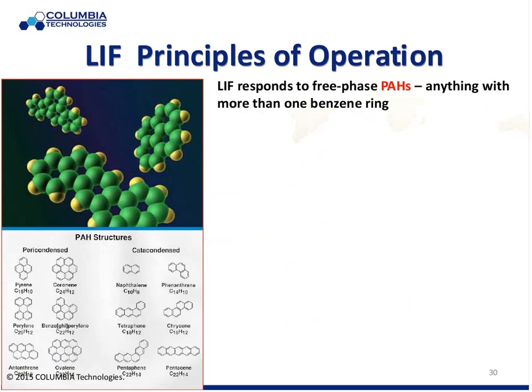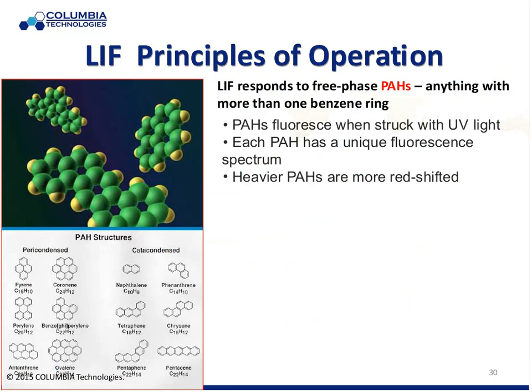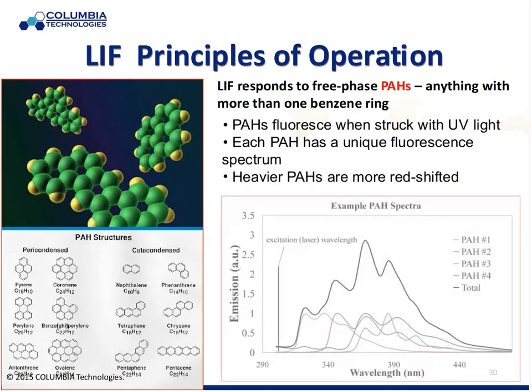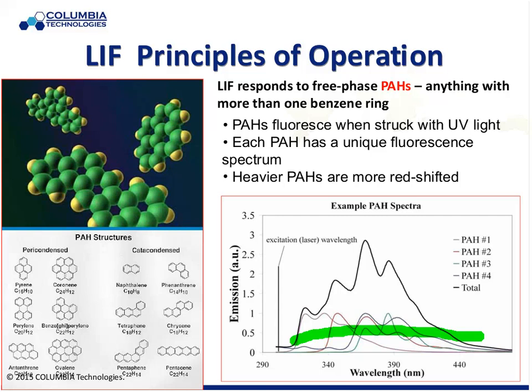For the dedicated chemists on the call, essentially we're going to be looking at the PAHs. They have unique signatures. So here are the frequency response curves. You can see excitation is down here at 308 nanometers, and then this is the decay curve of the response from that. The signal processing looks at the magnitude, the frequency, and the decay characteristics of the curve in order to put it into,